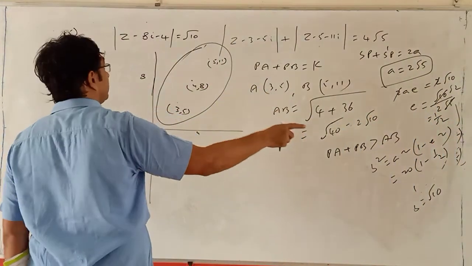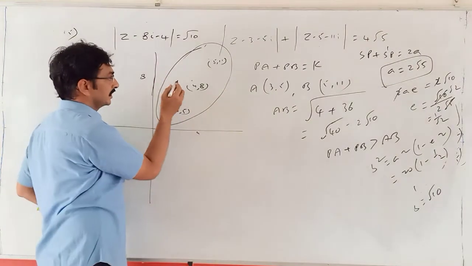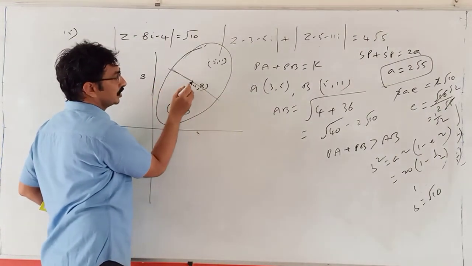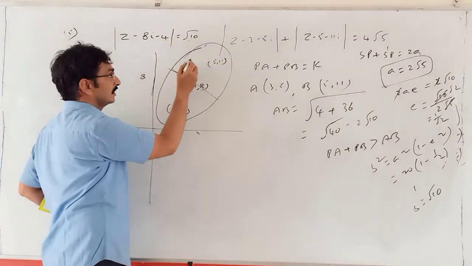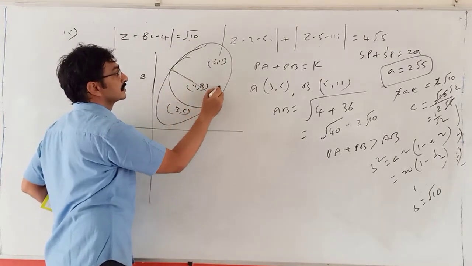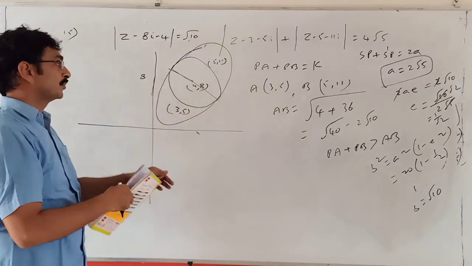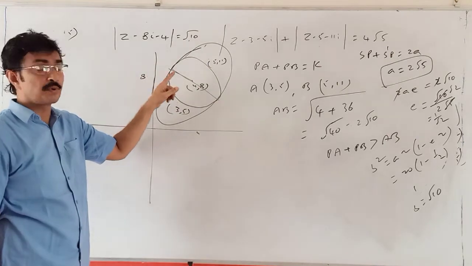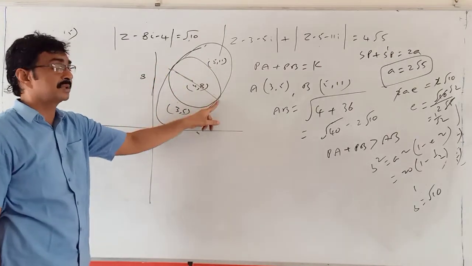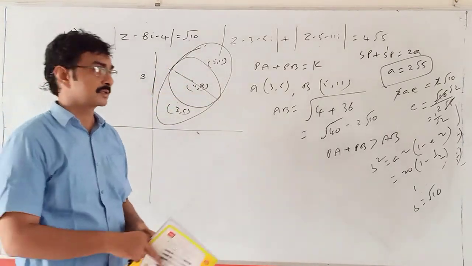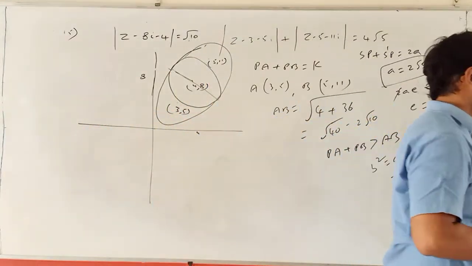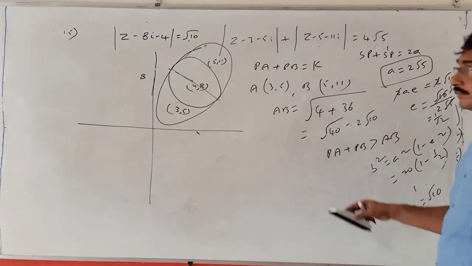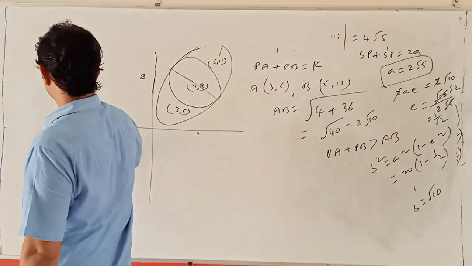See that B value is the radius of the circle. B and I have the distance. This is B root 10. That is also the radius of the circle. So position of the circle in this ellipse: clearly the number of points of intersection of the given ellipse and circle is only 2 points. So they are nothing but the ends of the minor axis of the ellipse, because the circle touches the ellipse from inside. Okay.